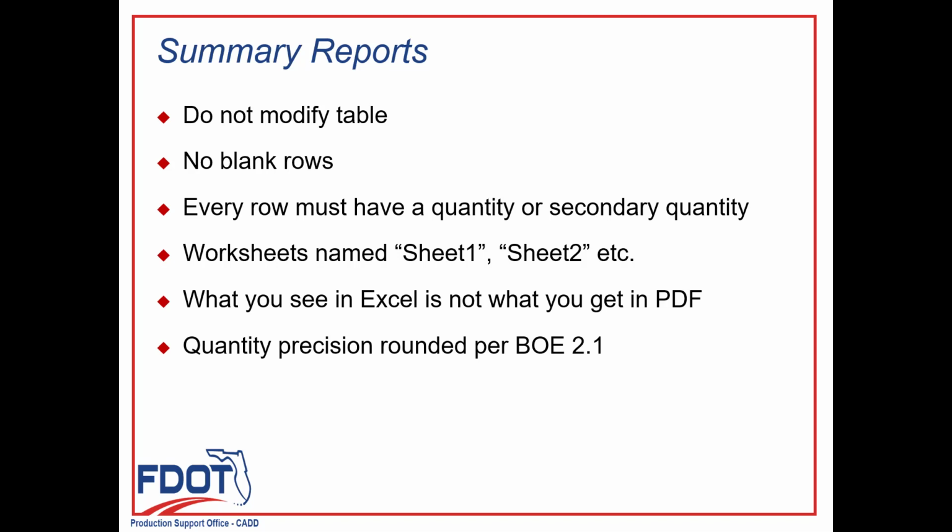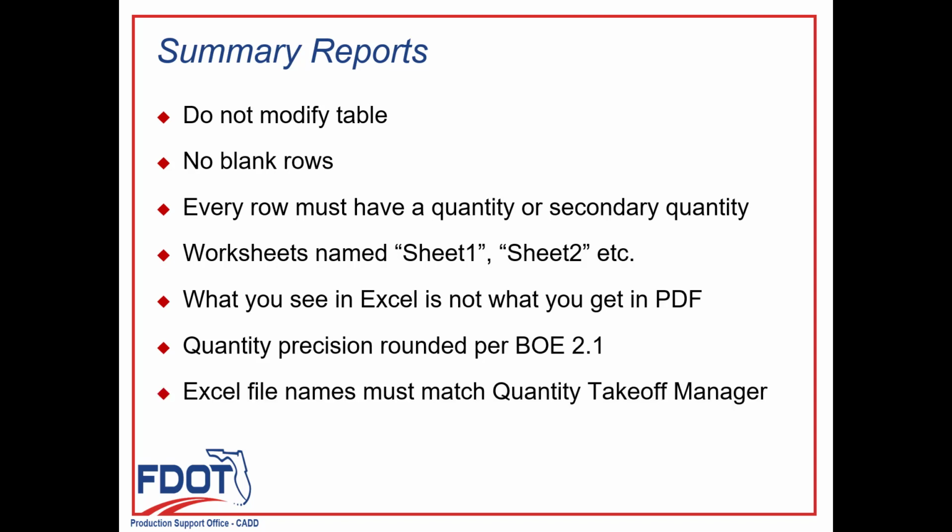Remembering that the Excel rounding doesn't carry through to the PDF, make sure that all quantity values entered are rounded to the correct precision based on the Basis of Estimates Chapter 2. Keep in mind that all values are calculated to one additional significant digit. So if the BOE table shows a round to 1 decimal place, round the total quantity to 1 decimal place, and the proposed calculated quantity should be rounded to 2 decimal places.